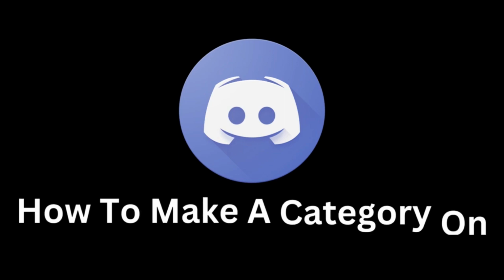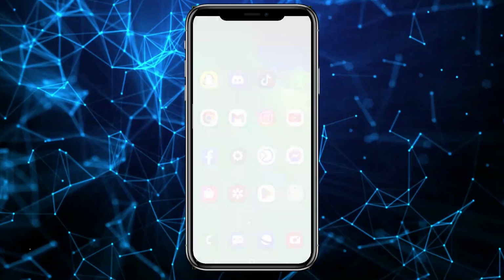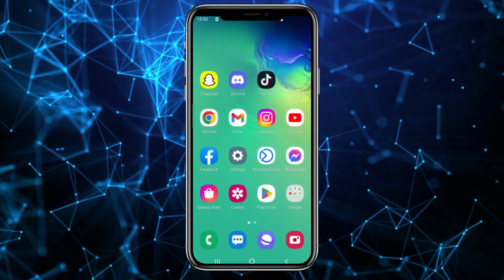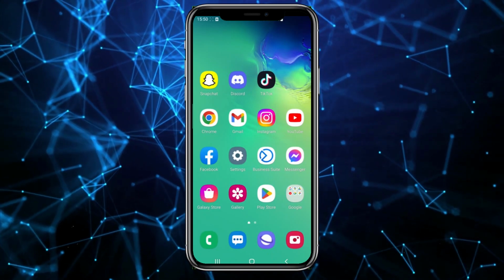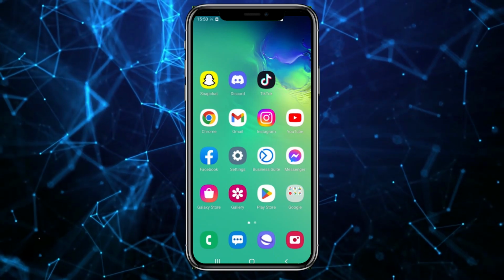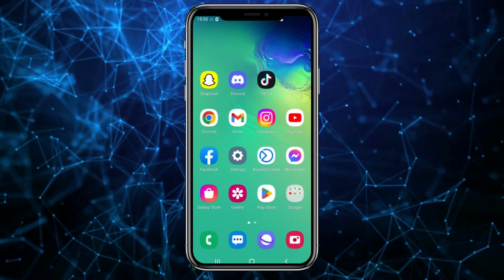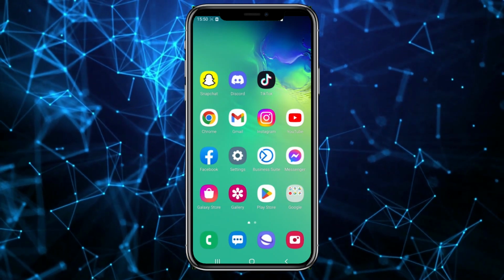Welcome to our guide on how to create a category on Discord using the mobile application. Discord is a popular communication platform that allows users to create their communities and organize discussions and channels. Categories are an important part of server organization as they allow grouping similar channels in one place, facilitating navigation and